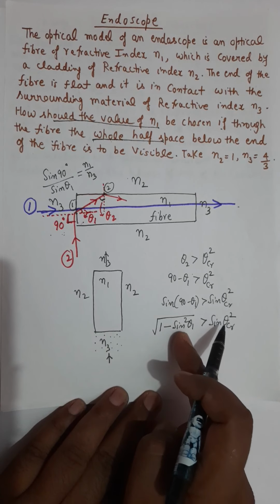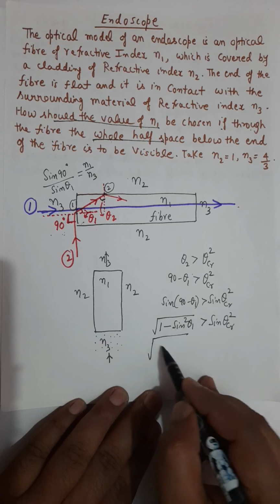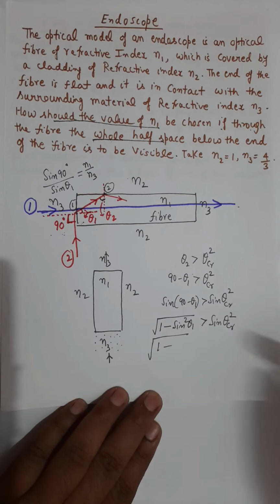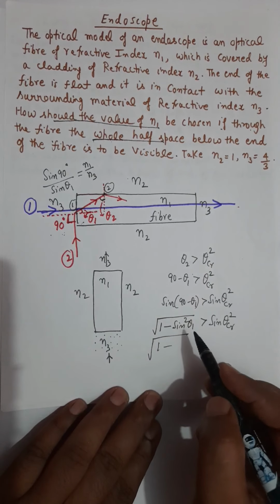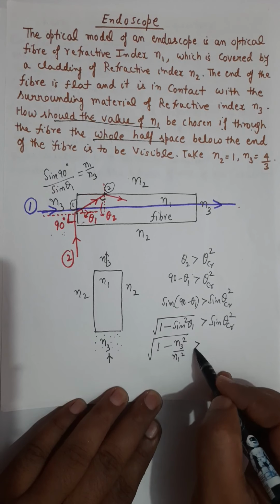And sine theta 1 is n3 by n1, so it is square root of 1 minus n3 square by n1 square, which should be more than